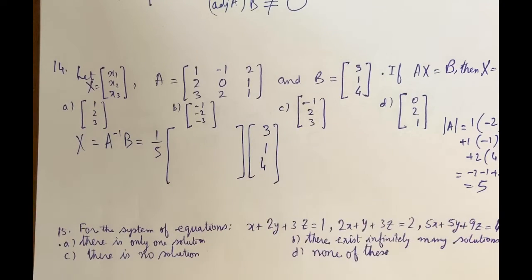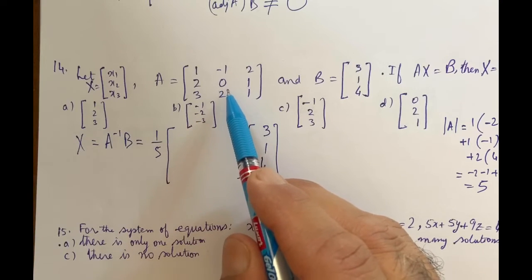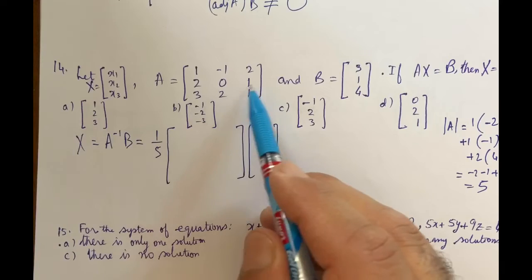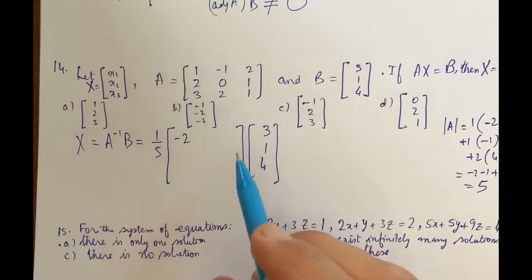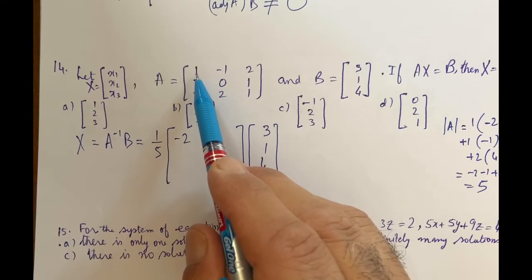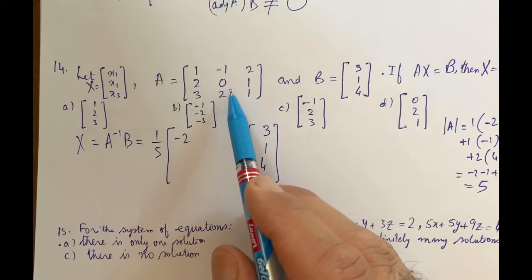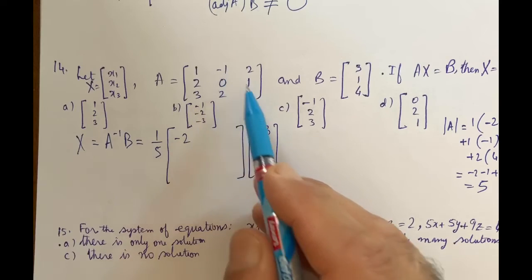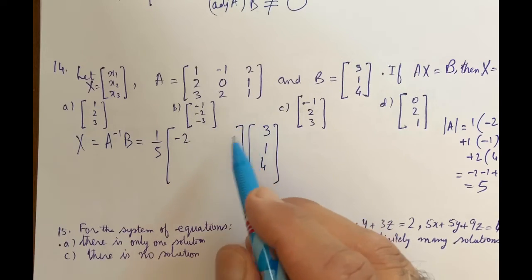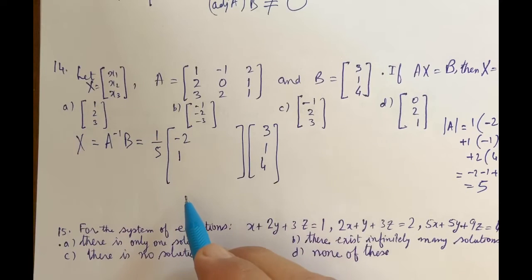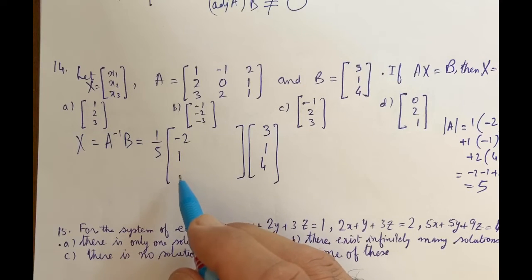Now for the adjoint of A, for this element, it's this 0 minus 2, so that's minus 2. We are finding the elements of the adjoint, we are finding cofactors of elements of the first row, and side by side we are taking the transpose. For this element it will be 2 minus 3 minus 1, so I am writing here plus 1. Then next will be 4 minus 0, that is 4, I am writing here.